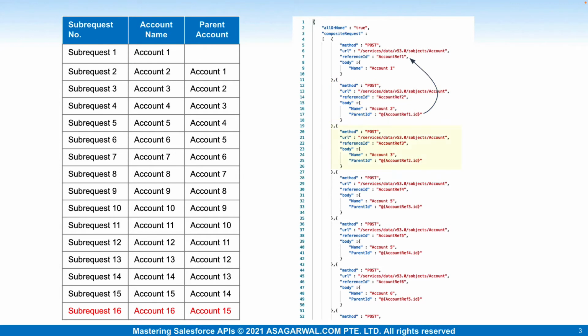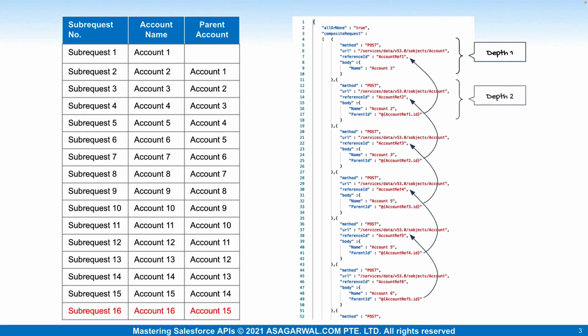In the code for account 3, we will set the parent ID to reference ID of account 2. And so on. So for subrequest 1, since it is not using the reference ID of any other subrequest, it will be considered to be at depth 1. For subrequest 2, since it is using the reference ID of subrequest 1, it will be considered to be at